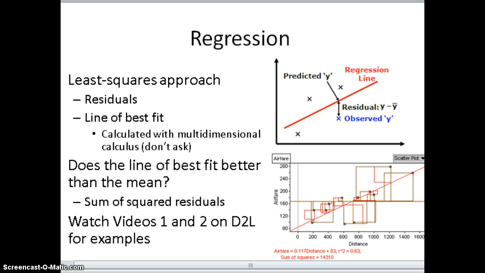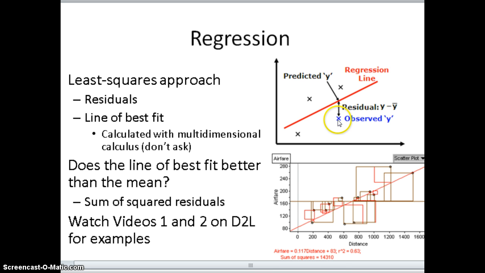So how do we find the line that best fits the data, the regression line? The line that best describes the data is called the line of best fit. It's also called a regression line. If you remember back to an earlier lecture, the fit of our models can be determined with the least squares approach. The line of best fit is the line that minimizes the vertical distances